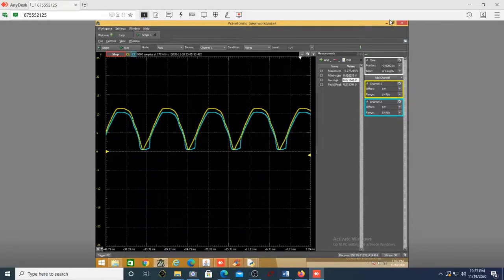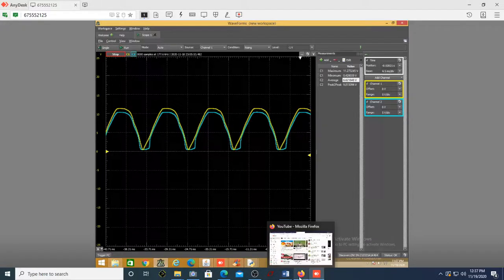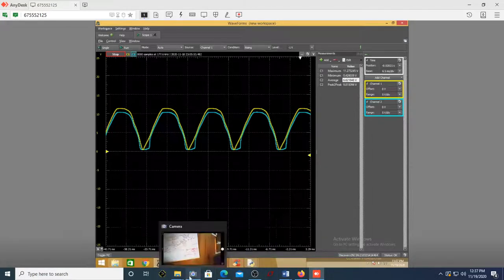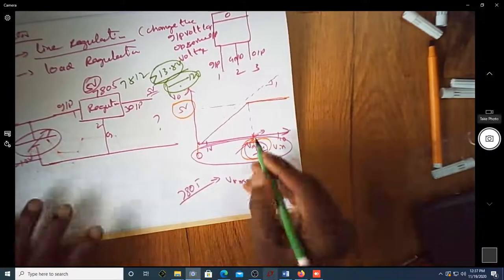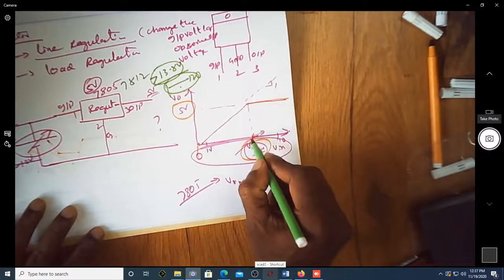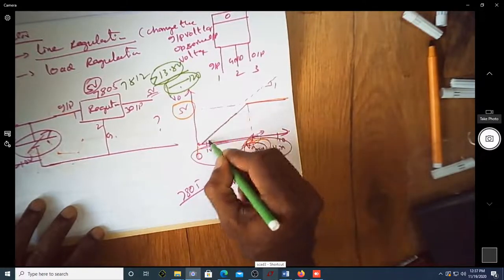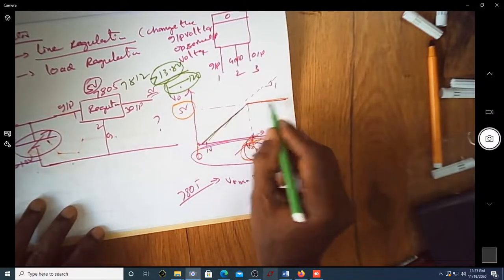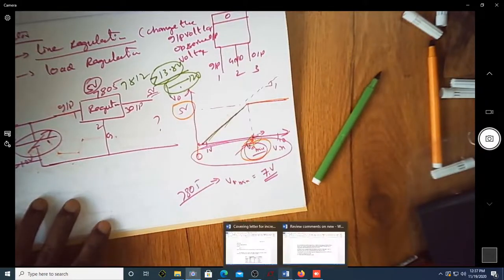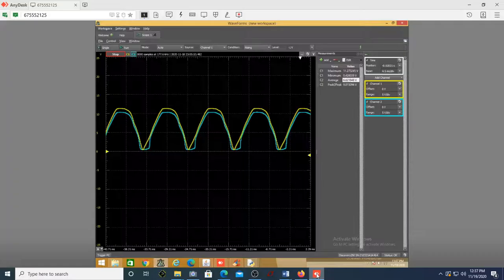This particular circuit is intentionally made to showcase that if the input voltage is not greater than the minimum voltage, you will not get the regulation. So suppose the input voltage is less than the minimum, you'll get only this graph. You'll not get this constant graph. So that's what I want to showcase here. That I'll show you here.